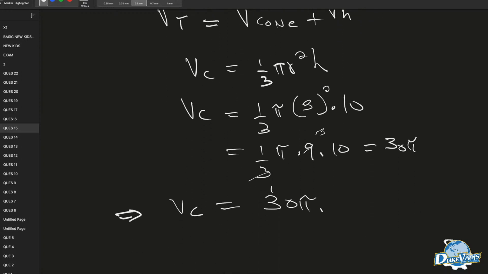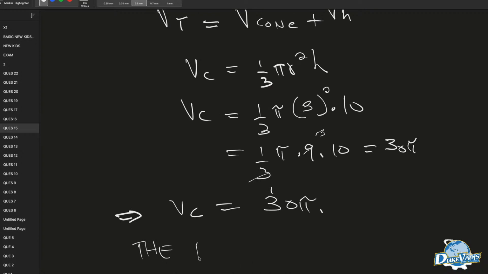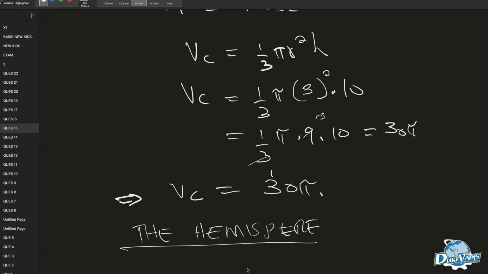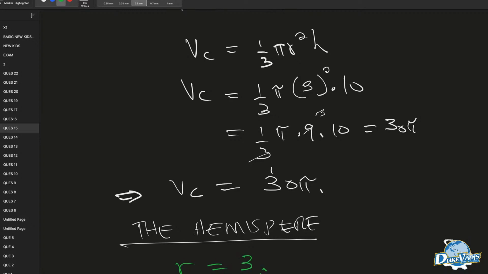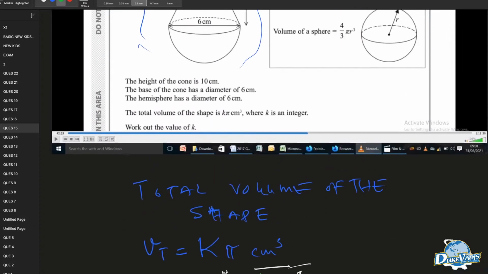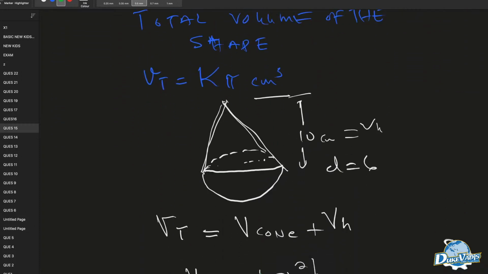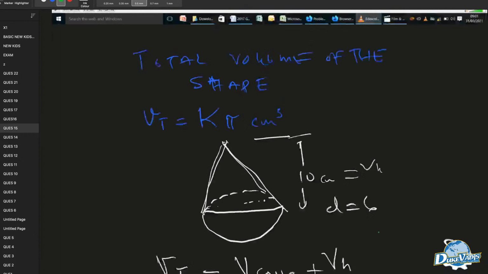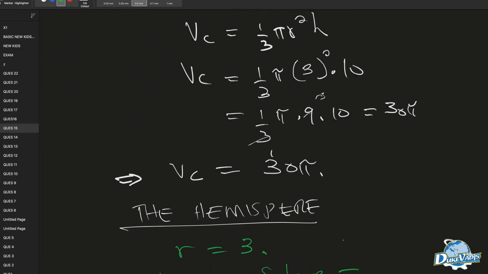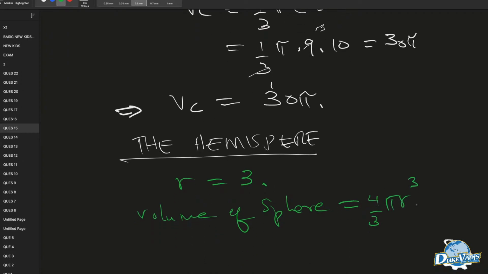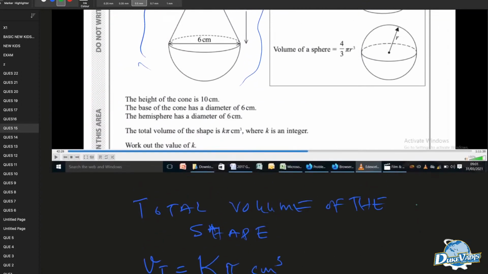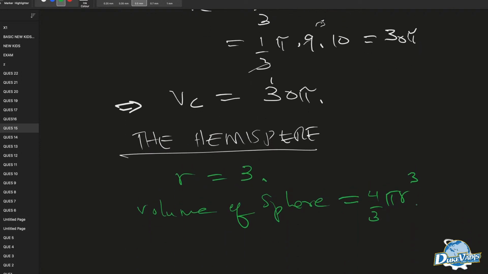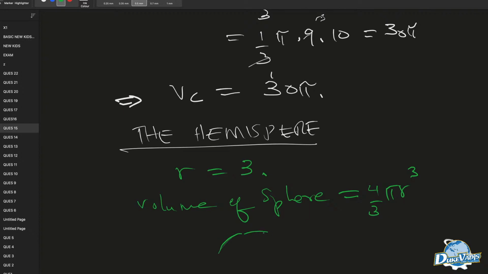Alright, the hemisphere also has a radius of 3. And we know that formula, we've been given the volume of a sphere, which is 4 over 3 pi r cubed. If this is our sphere,